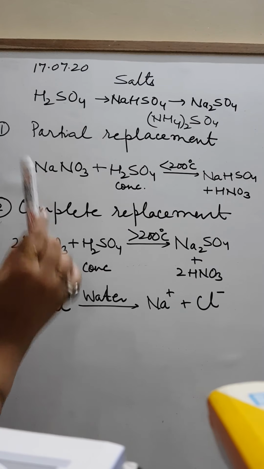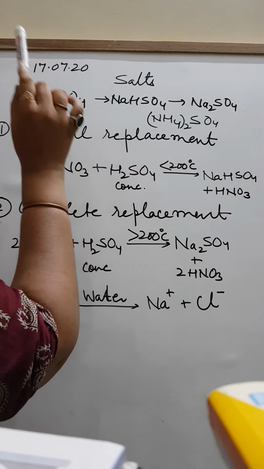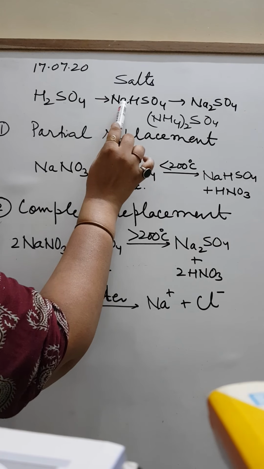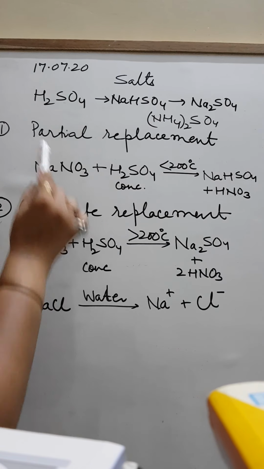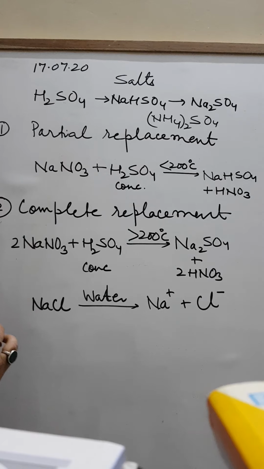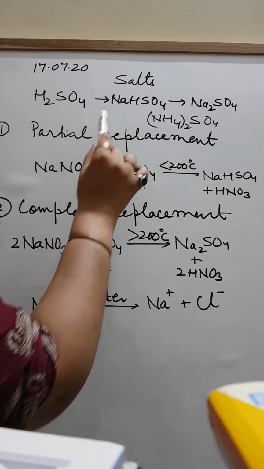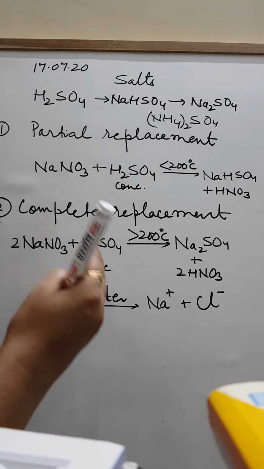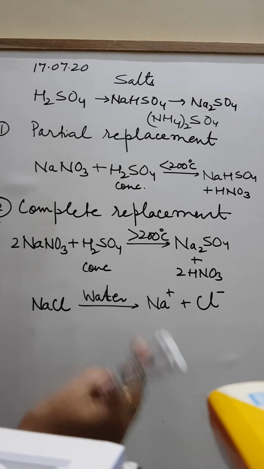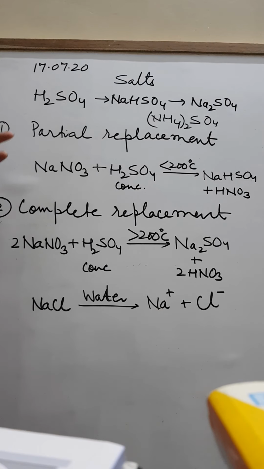I repeat, salt is a compound formed by partial, like one H is here, or completely replacement of ionizable hydrogen atoms of an acid by a metal cation or ammonium. Simple definition, children. So it is there, you know. From lower class into the definition, salts are formed when bases react with acid or acids react with base. Or we used to say, when acids react with base, they give us salt in water. That was the earlier definition. Here it is slightly advanced definition.